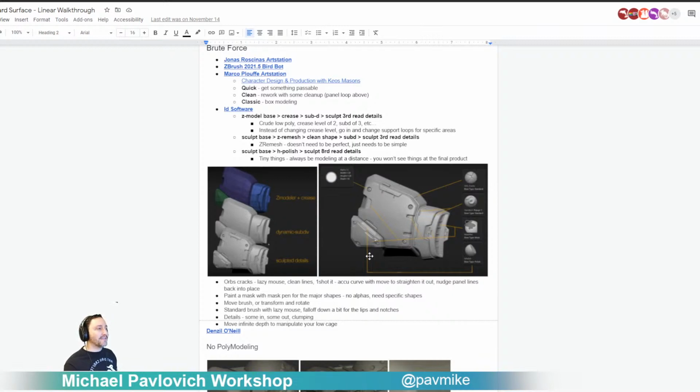And a lot of people, when they see, like, you go through here and you do a sculpt and then you ZRemesh that, and you go through and you do dynamic subdivision, and then you put your details on there, they see that as destructive. However, if you're working at this level of detail with this type of detail, if you were to go through and rebuild this as a sub-D mesh, or just build it as a sub-D mesh, and somebody said, hey, I don't like this panel line or these cut-ins, just because it's sub-D geometry doesn't mean it's going to be any easier to